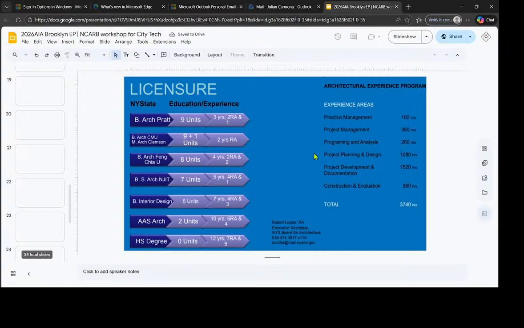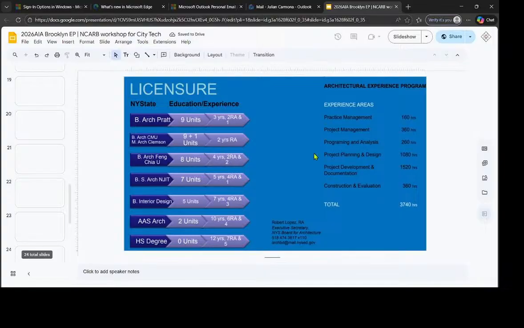Are you all in the undergraduate B-Arch program here? No? Okay. New York State has a series of tiers of requirements to qualify for becoming licensed. Let me just run through them. A B-Arch is worth 9 units.